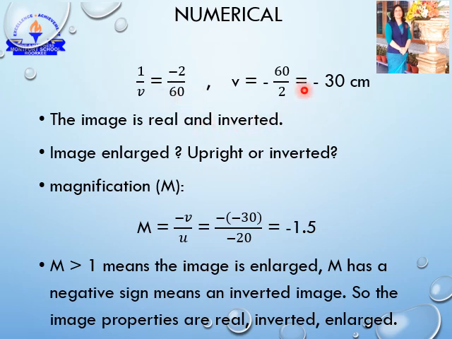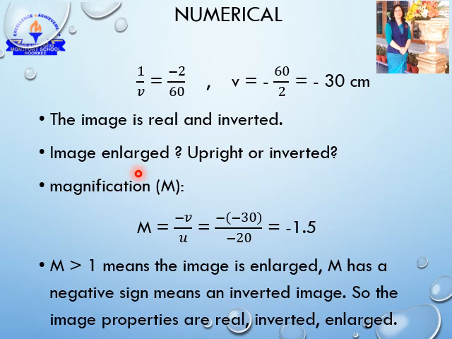Now what does it tell us? That V is coming negative. What does it mean? That the image formed is real and it is inverted. V coming negative means the image is placed to the left of the concave mirror. To the left of the concave mirror means what type of image will be formed? It will be real and inverted. Just remember your ray diagrams. From your ray diagrams it will be clear to you that the image distance is negative. That means it is coming to the left of the concave mirror, hence it will be real and inverted.